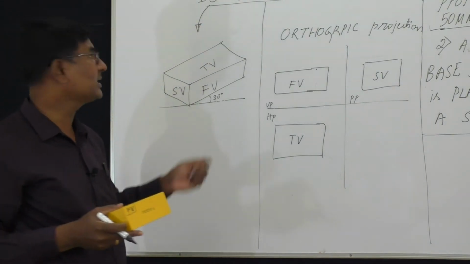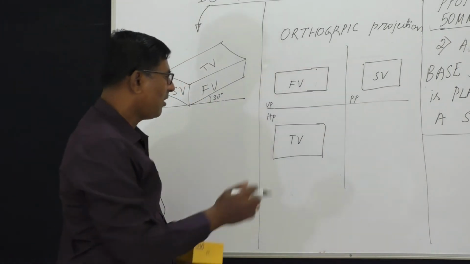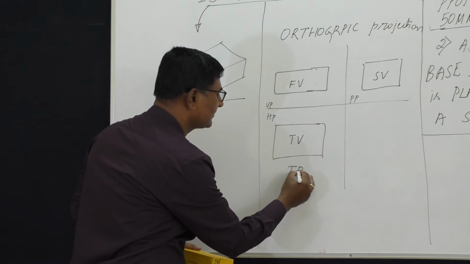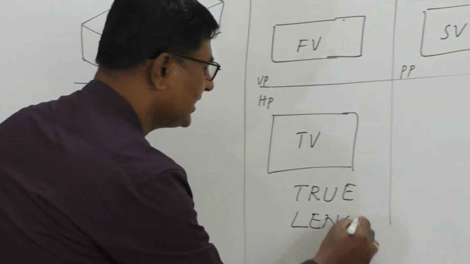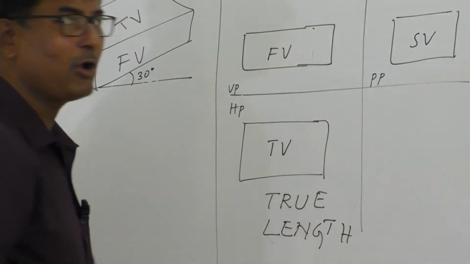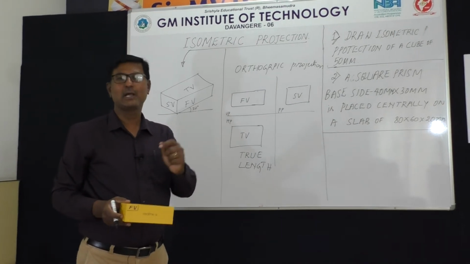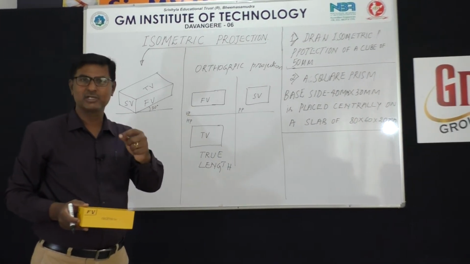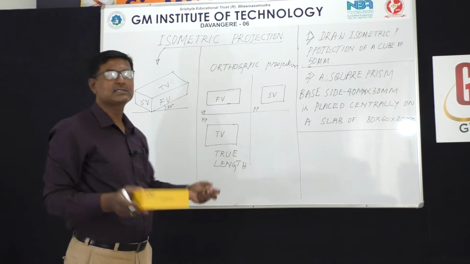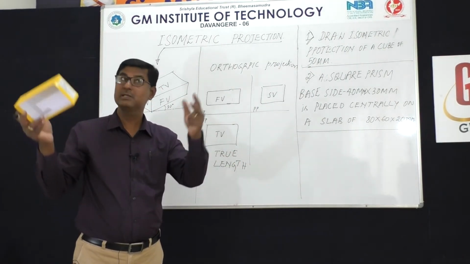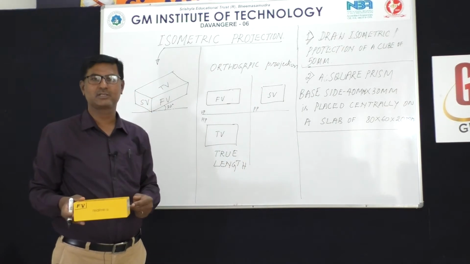But there is a drawback with the isometric projection also. What is the drawback is, in orthographic projection, all these lines are in true length. I said this is the drawback, but it's not really a drawback. A maker, manufacturer, for example, if you give a drawing to a civil engineer, to one of the masonry or a contractor, he needs the size of the site, he needs the size of the walls, he needs the size of the window, everything in true length, because they are going to make the product.